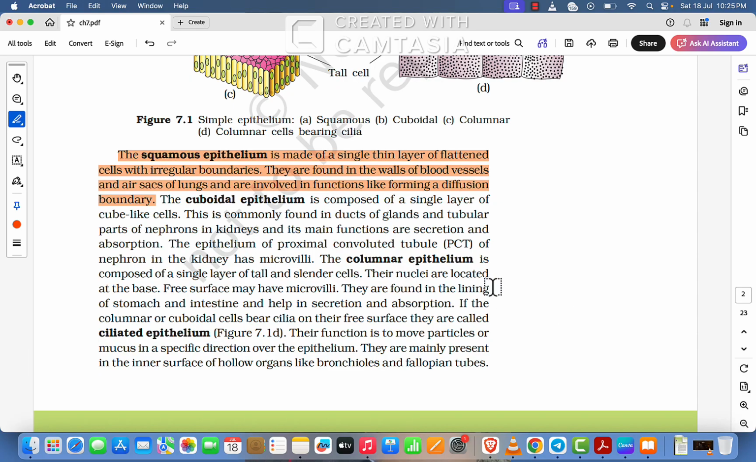Their nuclei are located at the base. Free surface में है microvilli. They are found in the lining of stomach, intestine, and help in secretion and absorption. If the columnar or cuboidal cells bear cilia on their free surface, they are ciliated epithelium, जैसा हम यहाँ पे